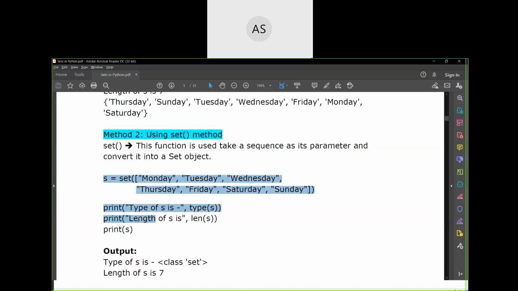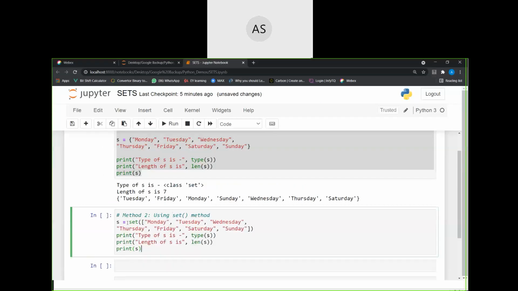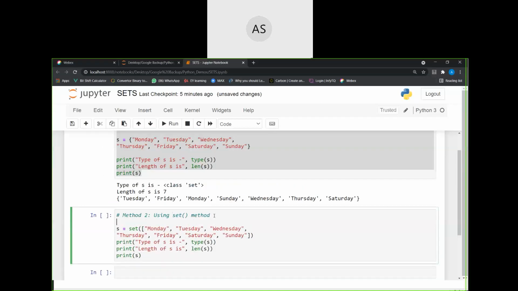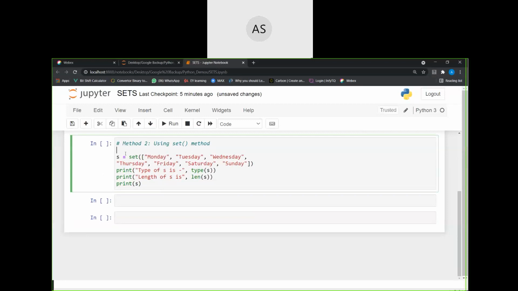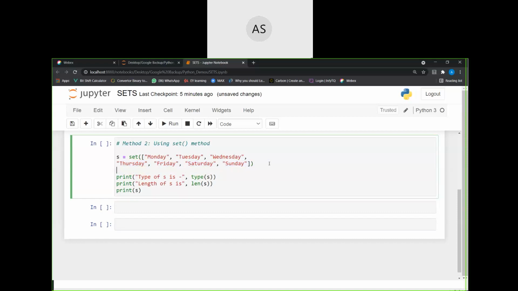So how to create a set using this function? This is the way of creating. Same way, some variable name equals set of. Remember, set is a function, so you will have the parenthesis. Any function is always represented by the open and close parenthesis.